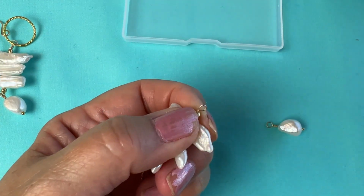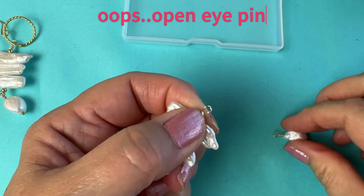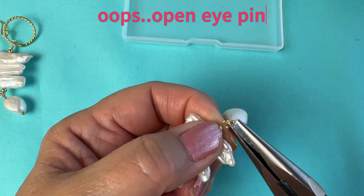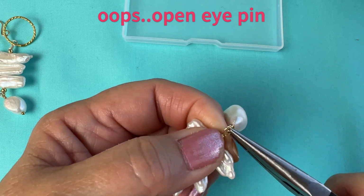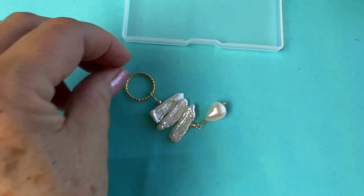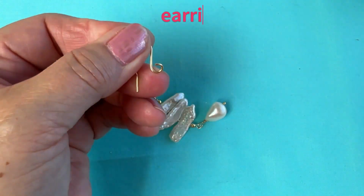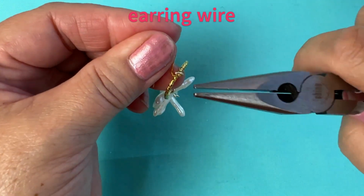Then I'm going to open up the head pin that I made, put my pearl on, close it back up. I'm going to open up my earring wire by twisting it to the left, hanging on my circle, closing it back up,